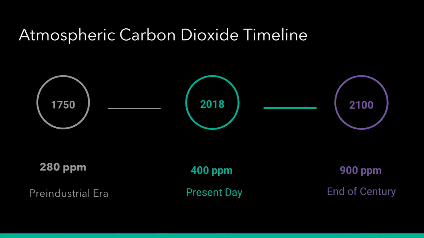So first, I want to start us off with an atmospheric carbon dioxide timeline. We're going to start in the pre-industrial era before we start burning fossil fuels. At this time, we have a 280 parts per million atmosphere, meaning that for every million particles that we have, 280 of them are carbon dioxide. So we're going to fast forward to our present day, where we are now at a 400 parts per million atmosphere. This is only 250 years later, and this is higher than it has been in the past 800,000 years,